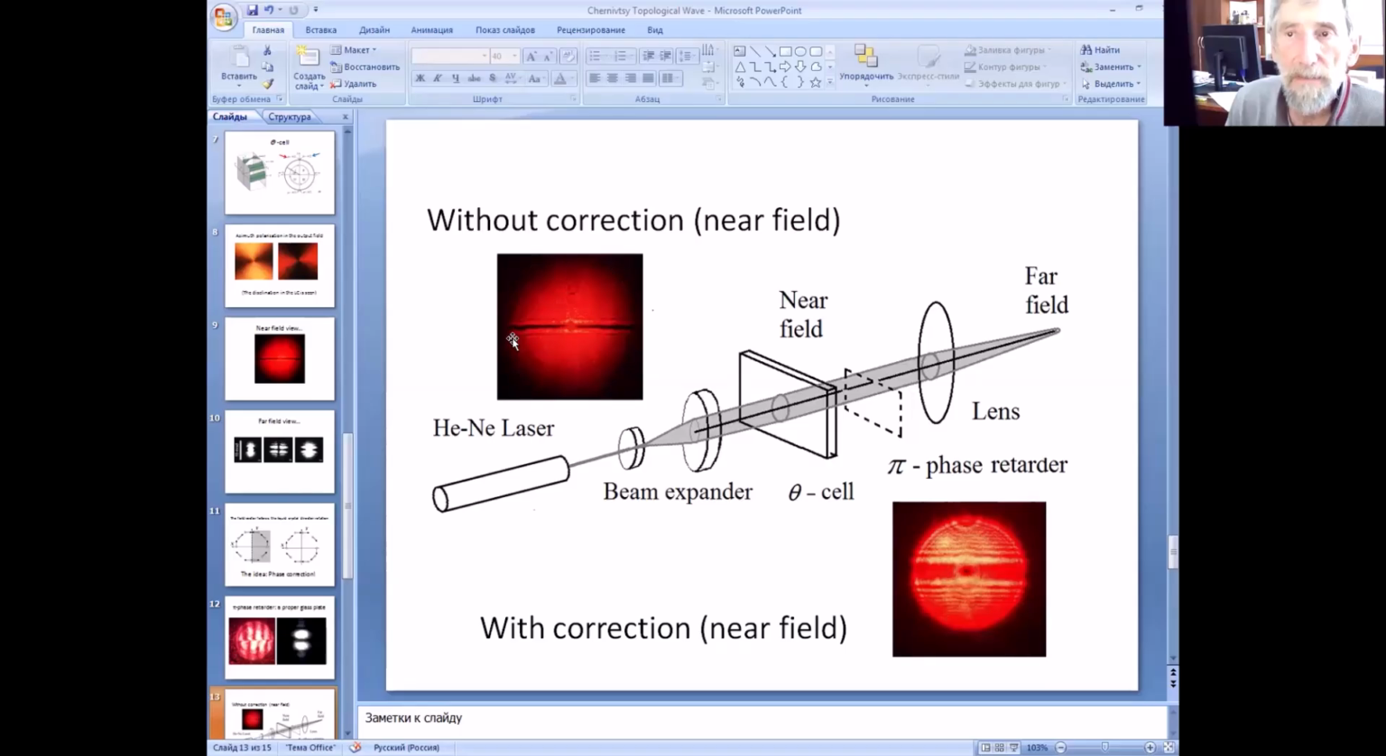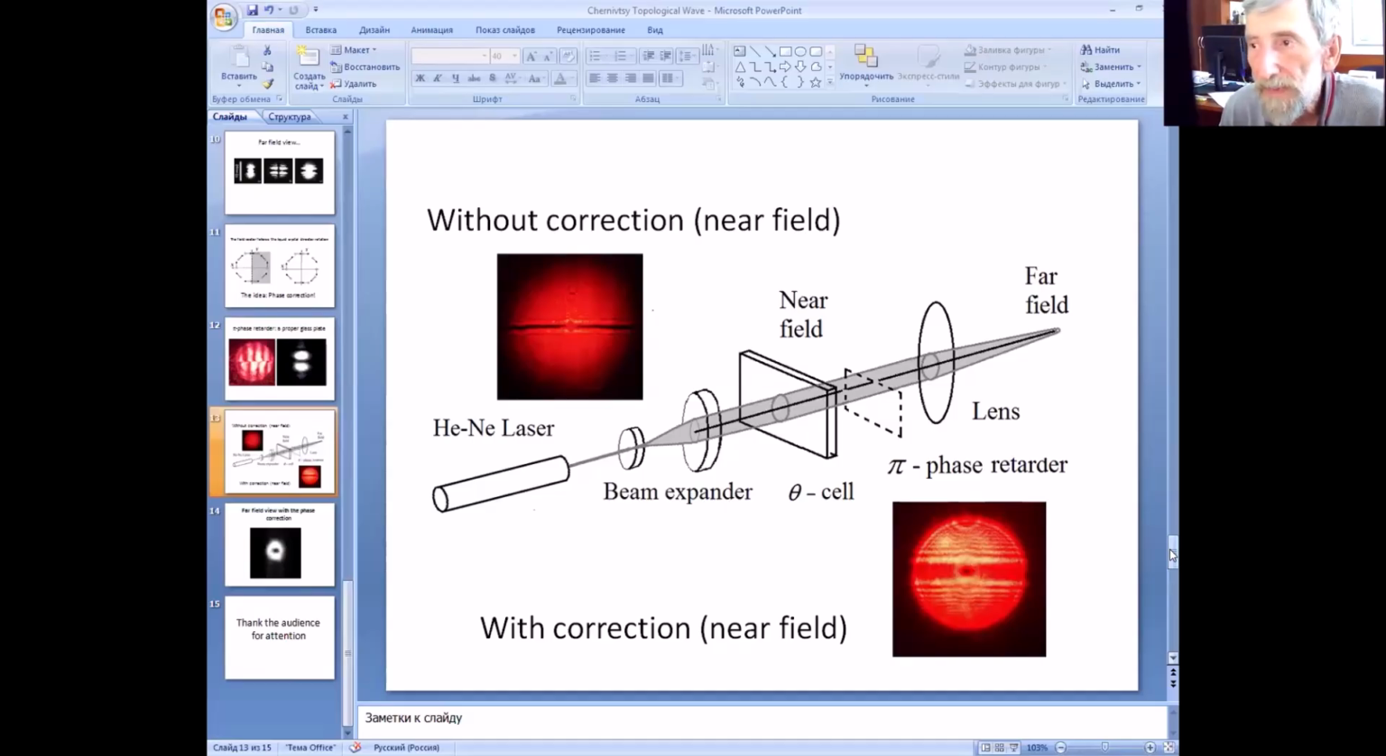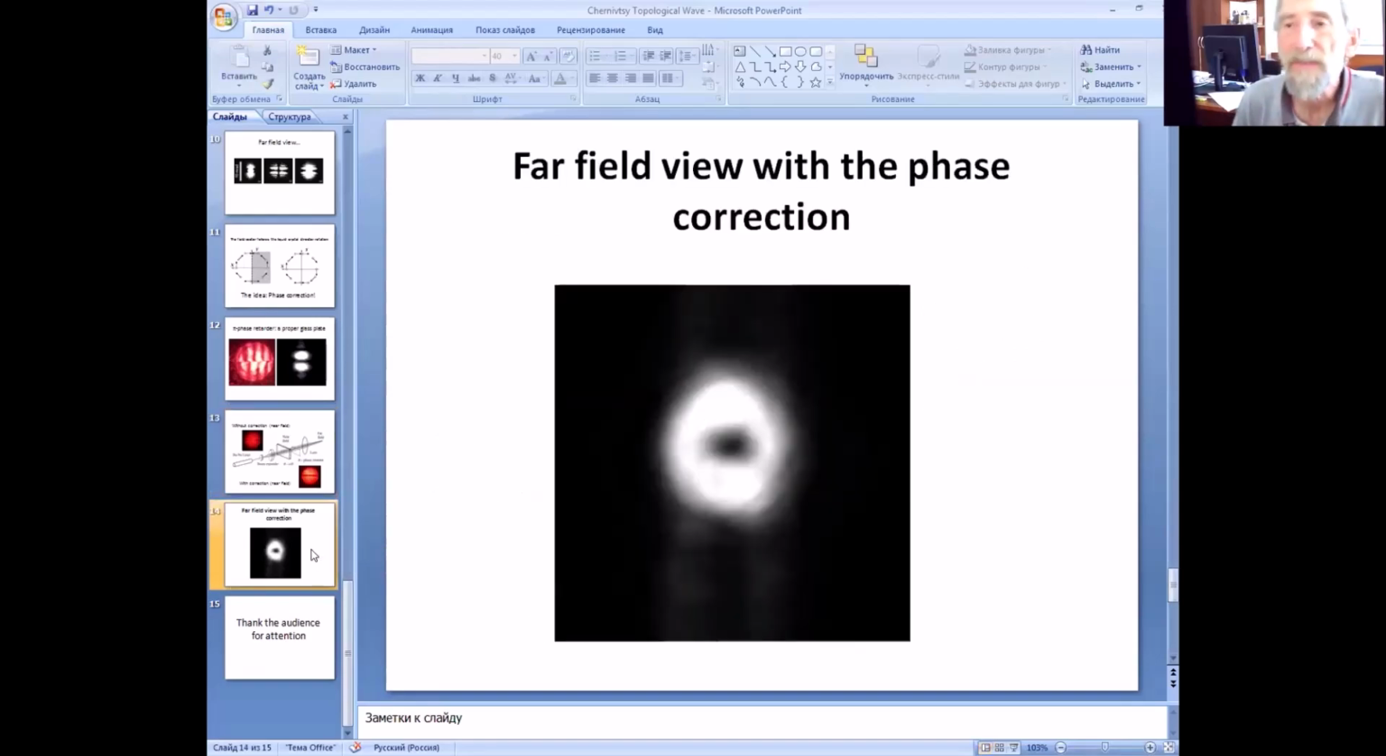The same picture as I have shown you before appears without phase correction, and with pi phase correction we will see that these dark lines disappear at all. And instead, when we had non-zero field at the center, we obtained a dark point. So it looks like we have resolved the problem. And indeed, what we observe in the far field is nearly ideal